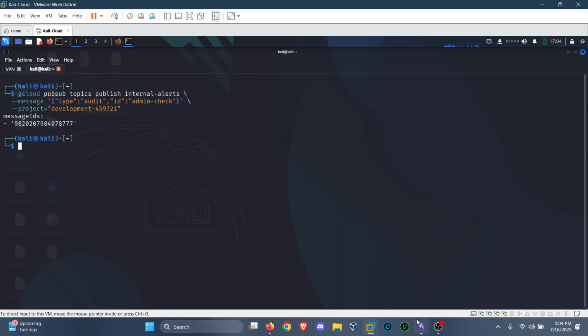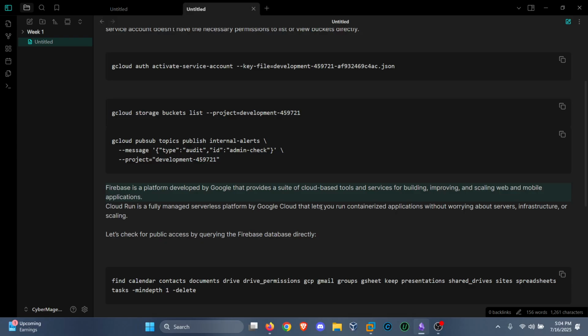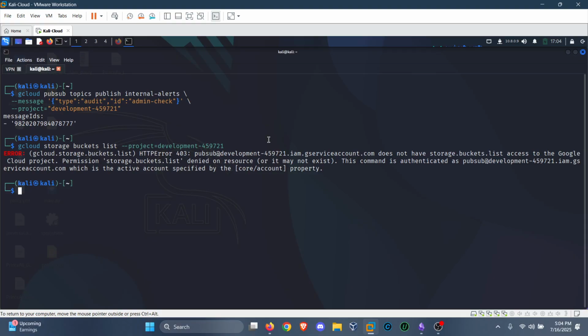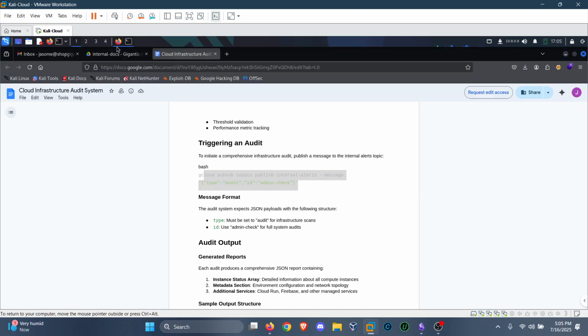Now let's try to list the bucket to see what we have right now. So we can go ahead and copy this, paste storage buckets list, and we're unable to access this. Now we do have our other JSON account that we can try and see if we can potentially view the bucket. So let's go here and go to